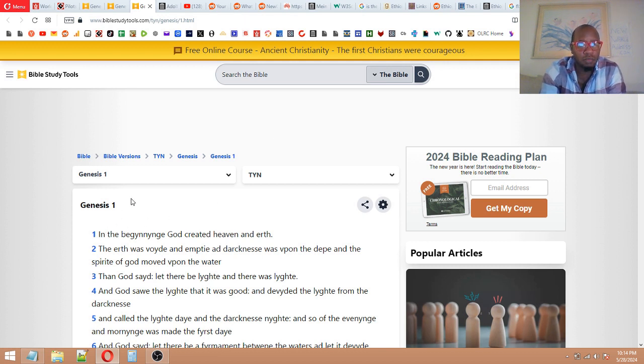in Genesis 1, verse 1, it says, in the beginning. Now, this is the first translation from Hebrew to English, so there are going to be words that don't look like they sound, and vice versa. We'll address this. So, in the beginning, God created heaven and earth. In the beginning, God created heaven and earth.